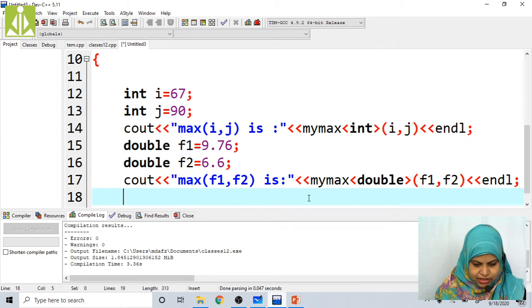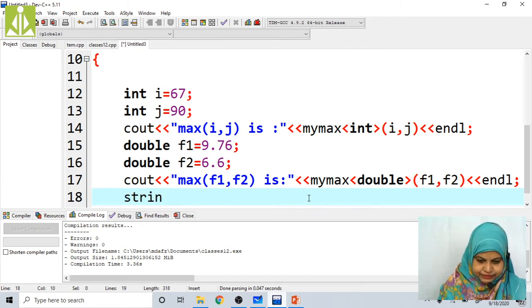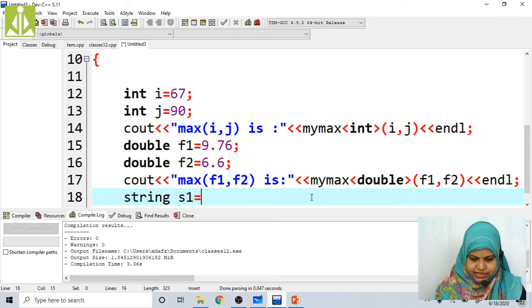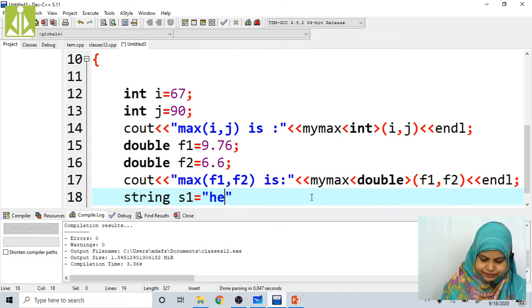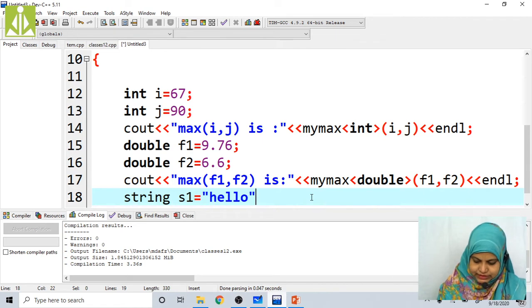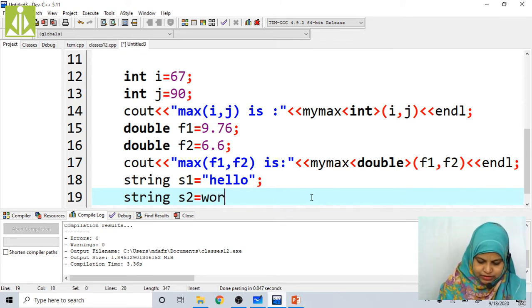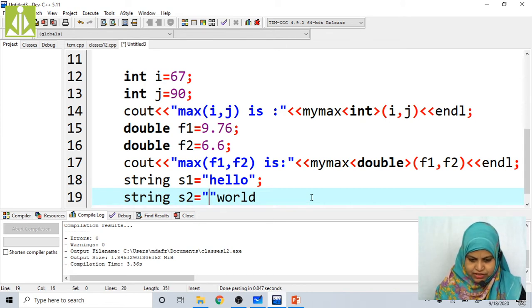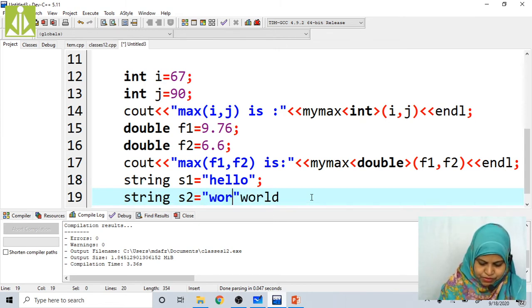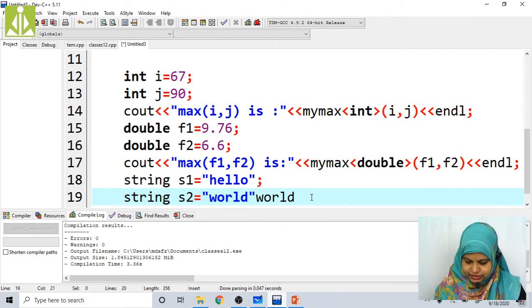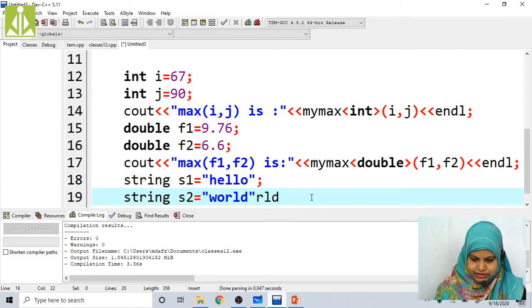Now I'm going to pass the string values. So string s1 equals hello, right? Now string s2 equals world. Sorry, whenever we are going to represent any string, we have to use the double quotes, right? Delete.